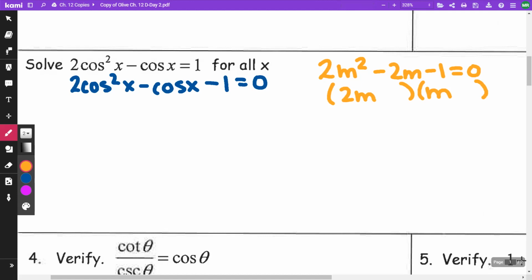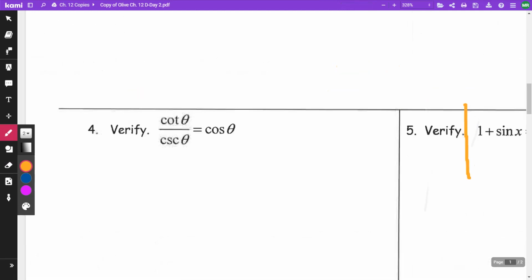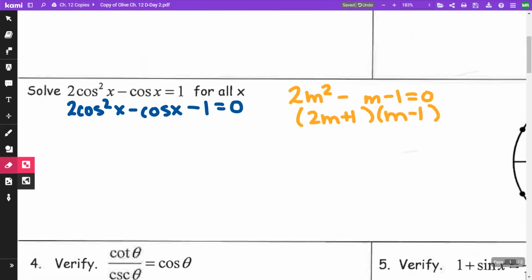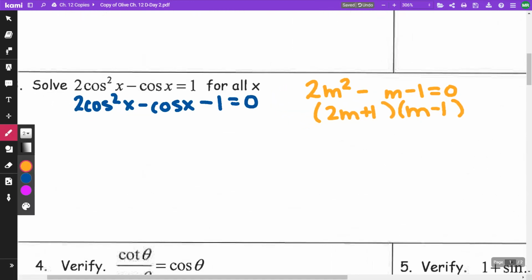So I'm sorry, a negative m here. I apologize, that's not there. Okay, so I'm going to put negative 1 here and a positive 1 here. And so what's really happening is we are going to have this equal to 0. And so this would be m is equal to a negative 1/2, and this would be m is equal to